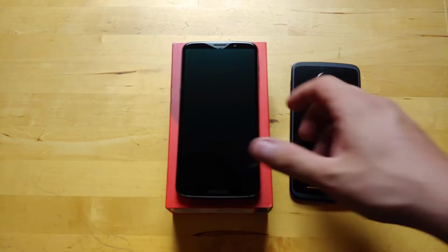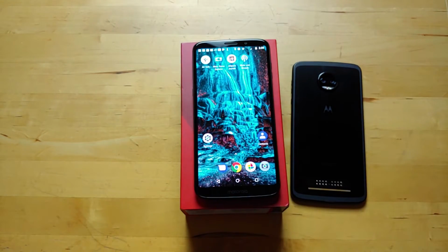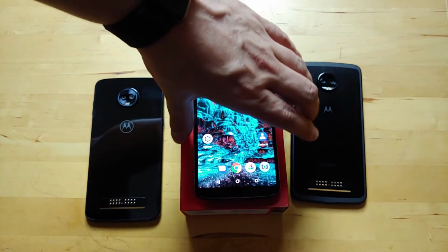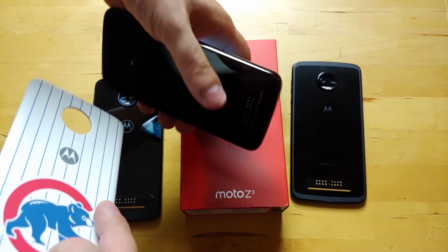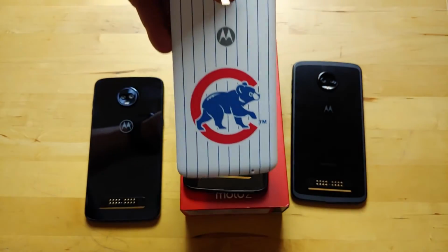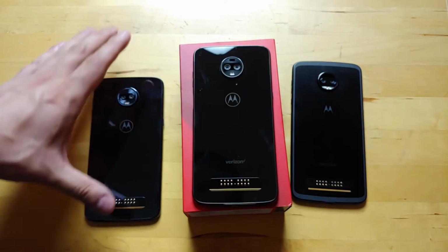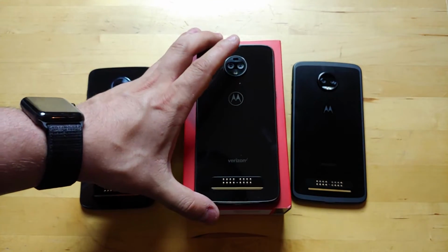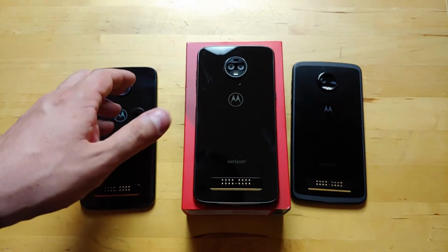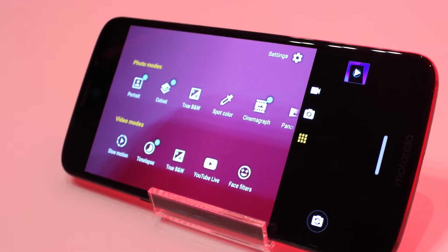But the phone itself is not exciting. Like I said, it's got a glass back, just like the Z3 Play, except it's a different color. This one's actually black now, where the other one is deep indigo. I'm currently using a Cubs cover, which just snaps onto the back. It's one of the cool things about the Moto Z series. So it's black. This one's blue, or deep indigo. Sorry about that. Now, along with the glass back, it has a 6.01-inch 1080p